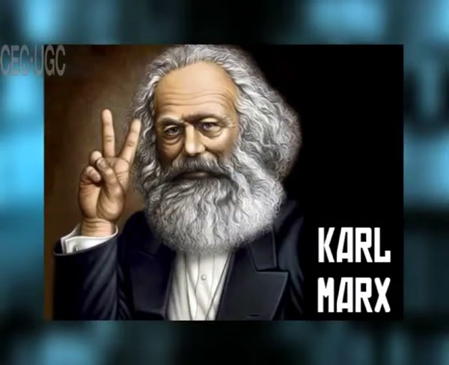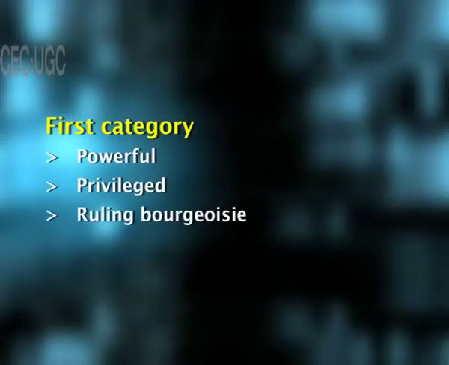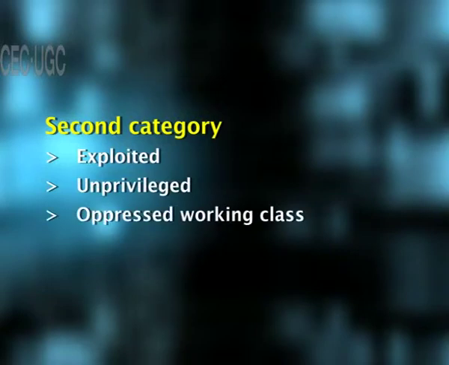Karl Marx associated social stratification to the means of production and divided the societies into 2 categories. The first category being the powerful, privileged and ruling bourgeoisie who owned the means of production, and the second category includes the exploited, unprivileged and oppressed working class, usually referred to as proletariats, who put their manual labor into the production